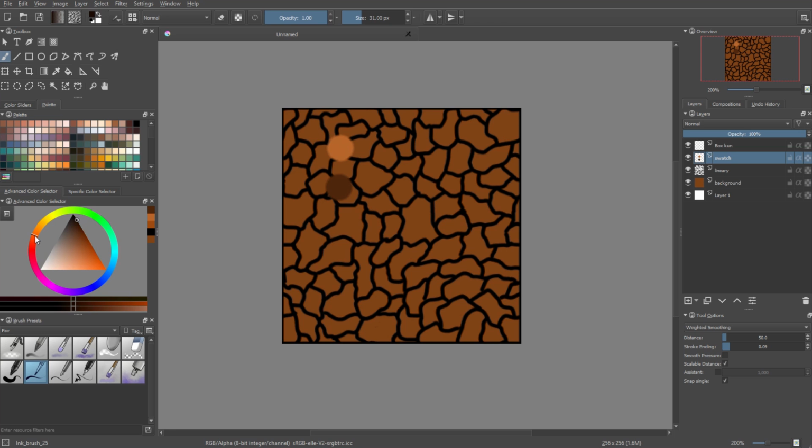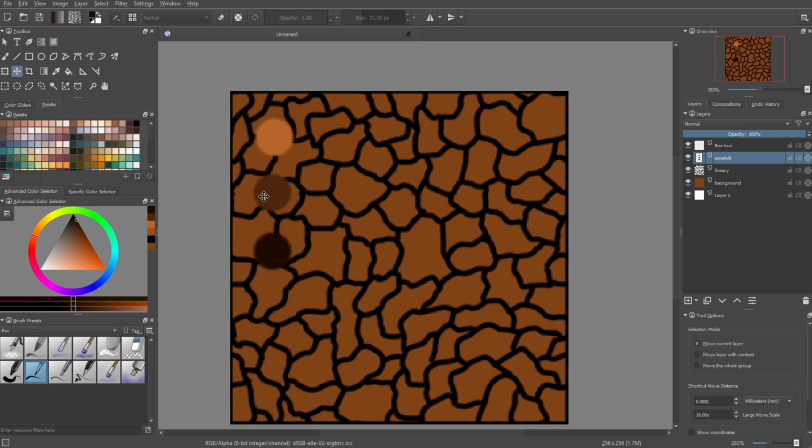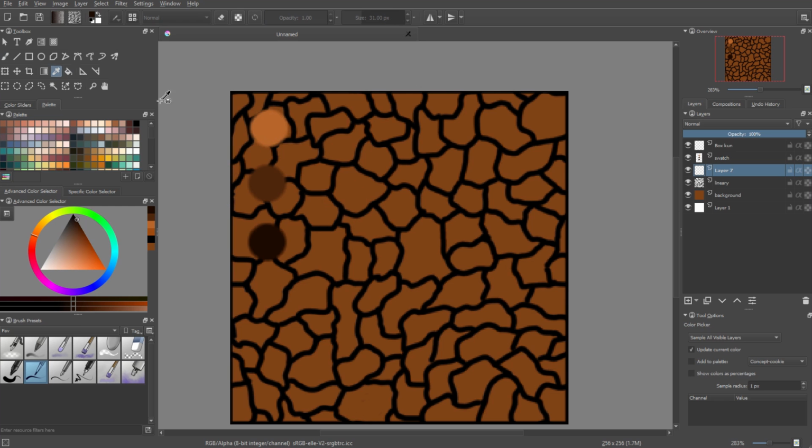Maybe I might mess around with the hue of this on the wheel. I might change it a little bit towards red, just because. And there you go. These 3 are the main colors we're going to use. Let's move on with the highest rocks first, and then we'll go lower and lower. Let's select the color selector tool, that is P on the keyboard,